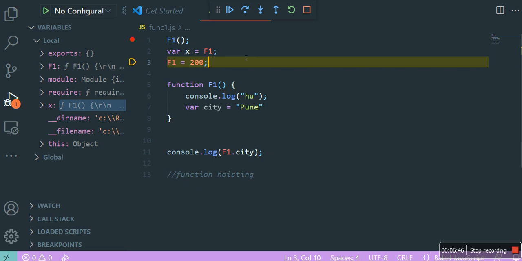Fair enough. Let's see this. This is a very important topic, and almost 90% of people don't know this concept. This is a very minute, very basic concept. People don't know this thing. Okay, just watch this window. Here you can see local variables f1 colon f1. Can you see this, f1 colon f1, and then you can see x colon f1.